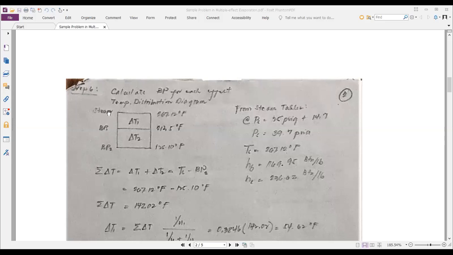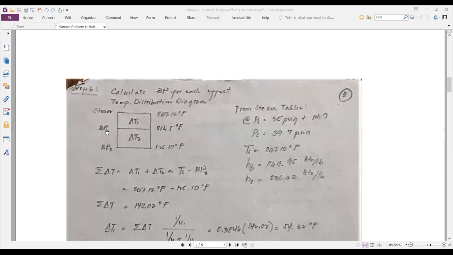Then the upper part is the steam. It's always the case, class. It's procedure. Boiling point of the last effect in the bottom part and steam on the upper part. In the middle, since we have divided this into 2 corresponding to the number of effects, will be the boiling point of the first effect.